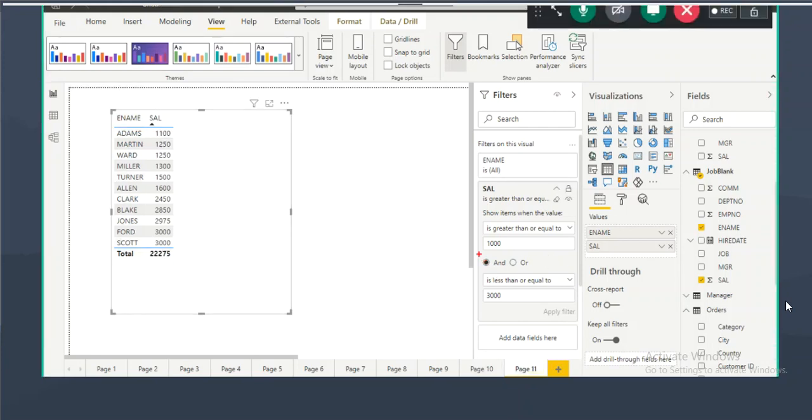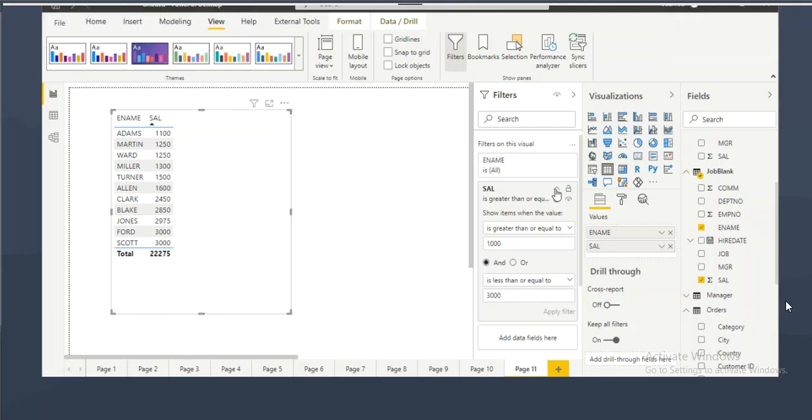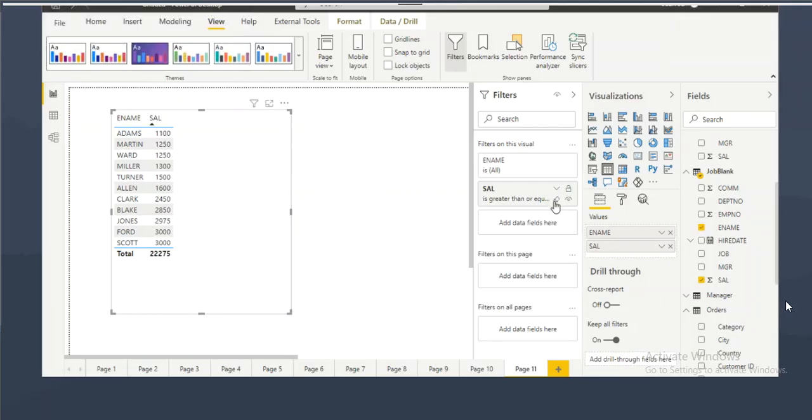So there are some cases where we need to select and, where we need to select or. If both the conditions are true and I want to show the value here, then you need to select and. If any one of the conditions is true and you want to show the values here, or. You can find some explanation about when to use and when to use or there. And then you'll find some more options when you're applying the filter. We know this eraser kind of button is for what purpose? Clearing the filter. If you already applied some filters and want to clear them, you can clear them.